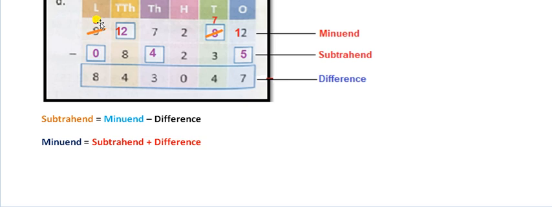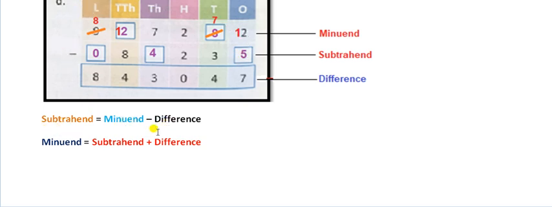Now from 8, what number do I have to subtract so that I get the number itself? Again we go to the properties of subtraction. In that property we have learned, from any number you subtract 0, you get the number itself. So here 8 minus 0 will be 8. So this way we have the missing digit. In this way we can obtain the missing digit in case of subtraction.